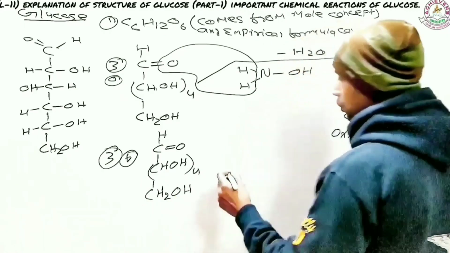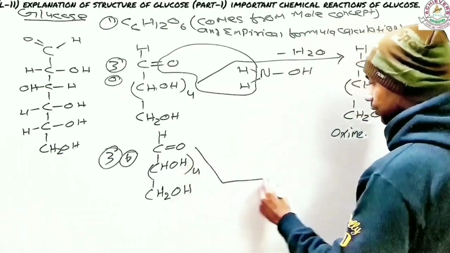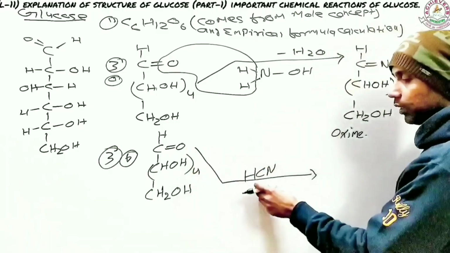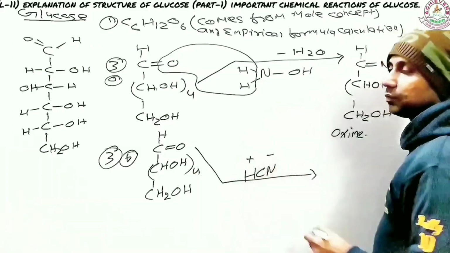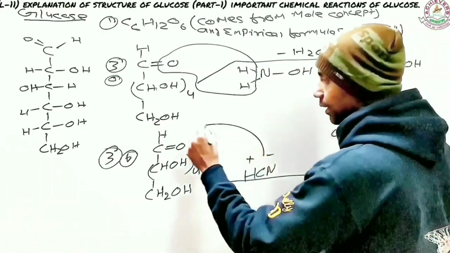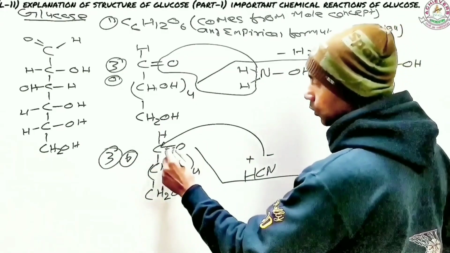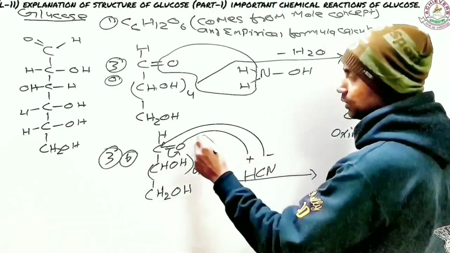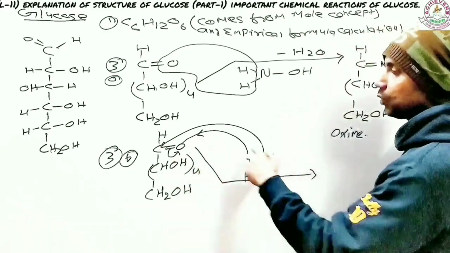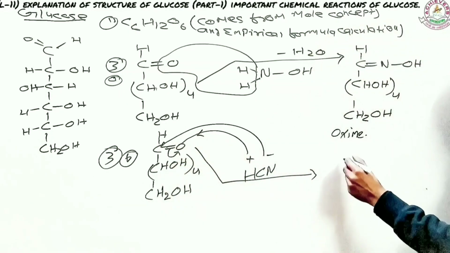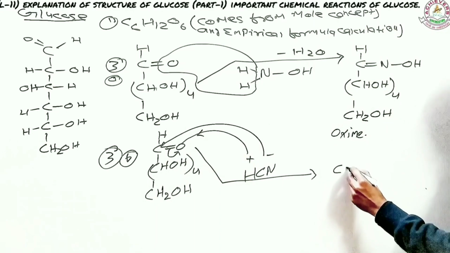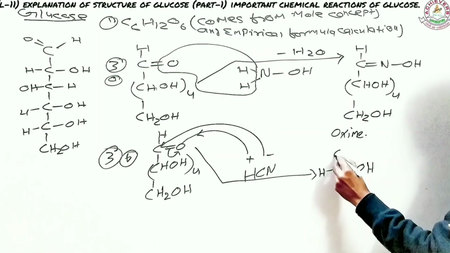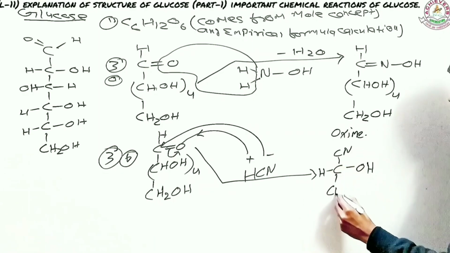CH2OH, right? So what happens when you react this molecule with hydrogen cyanide? Just pay attention here. This is your electrophilic center, and this is your nucleophilic center. So what will happen? This cyanide will attack the carbon, but in order to do so, one of the bonds will go back to oxygen, and this hydrogen will go with the oxygen, and cyanide will go with the carbon. So you are able to form another product, which is going to be C. You have your OH here, and then you have your H here. I'm placing the cyanide right here, and the rest of the thing as usual,